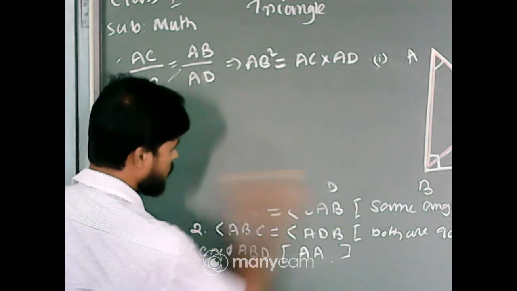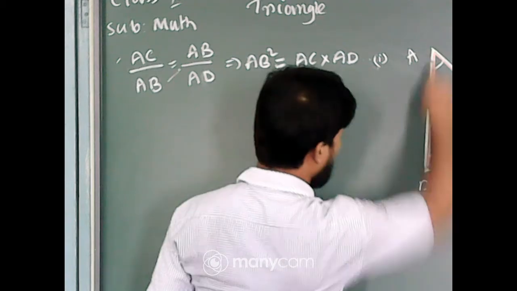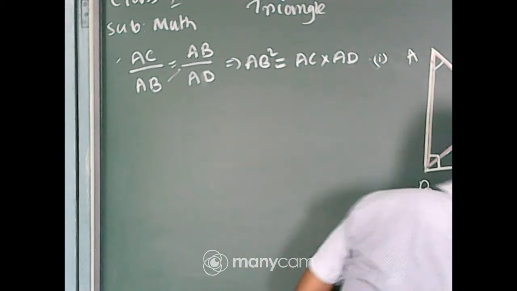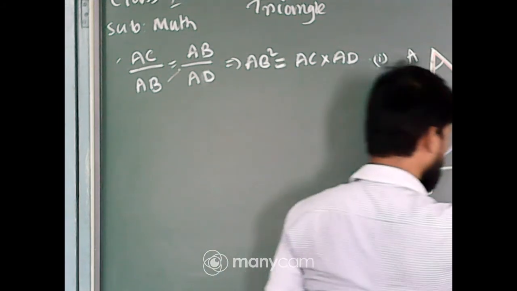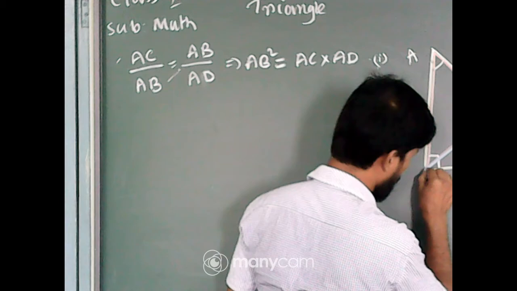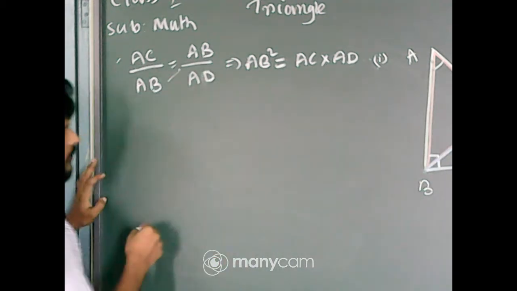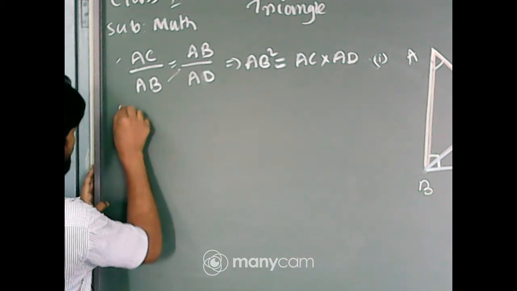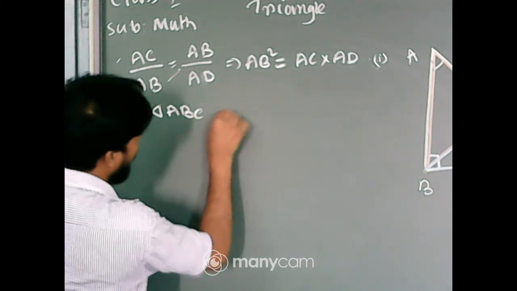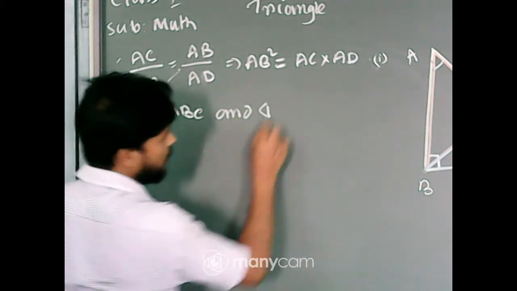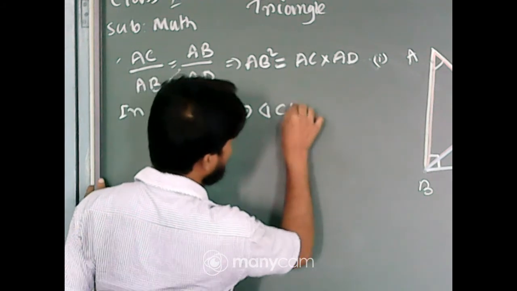So, now the second part. We will now compare the triangle ABC and the triangle BCD. This triangle, the triangle ABC, and the triangle BCD. So, now in triangle ABC and triangle CDB,